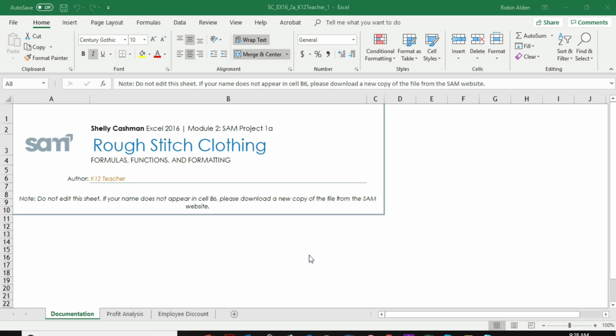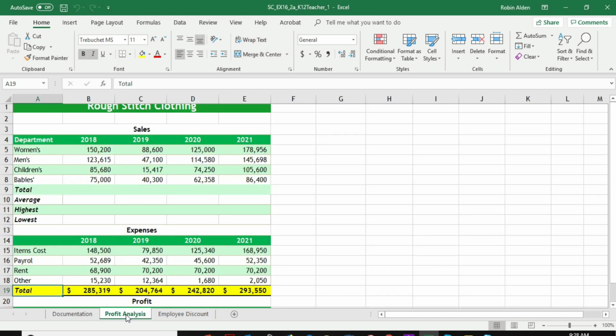So you'll want to find this in Content, and then you'll go all the way down to Module 2, Load More, and then you'll pull up your digital materials. Today you're an assistant manager at Rough Stitch Clothing, and your boss wants you to do a profit analysis worksheet. So the first thing we'll do is come down to the bottom, go to Profit Analysis Worksheet,